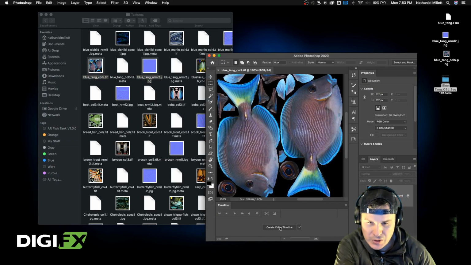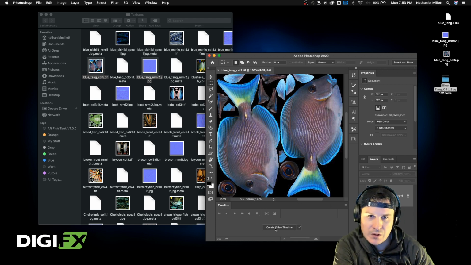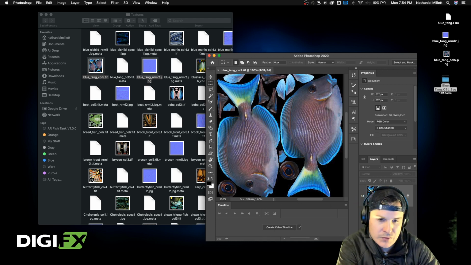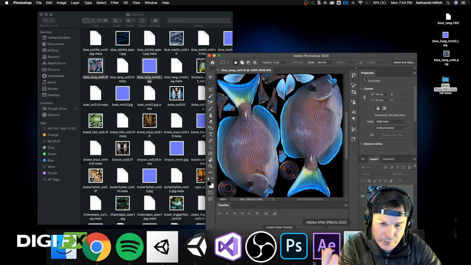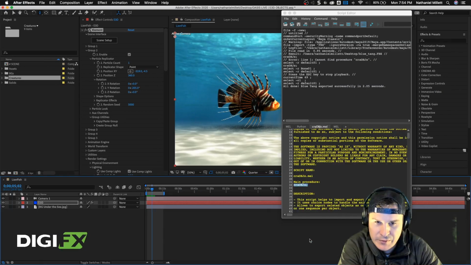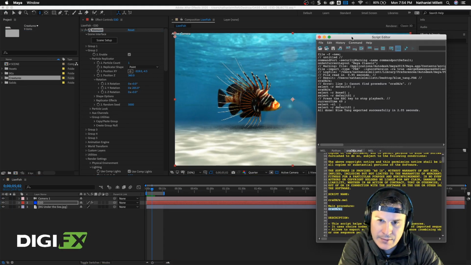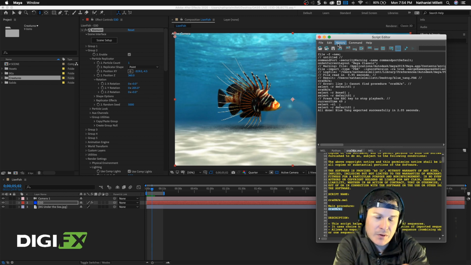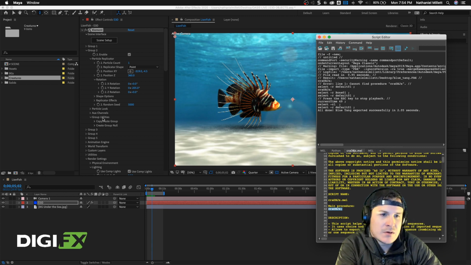You can do it in Photoshop using a video timeline right here. You can use it in a lot of programs, 3D programs, obviously. And After Effects is really where you can maximize the potential with OBJ specifically. So